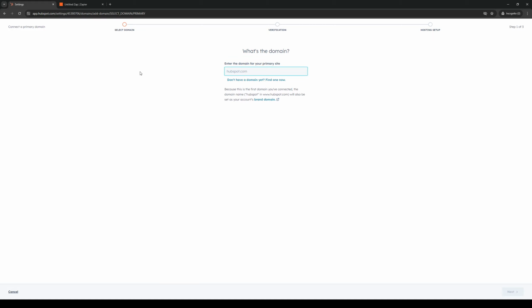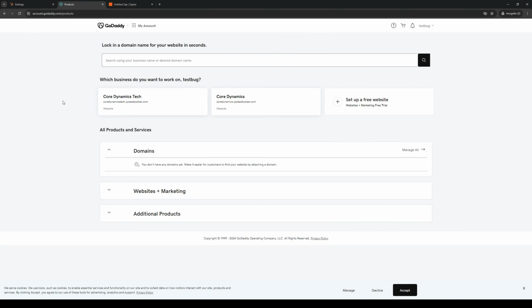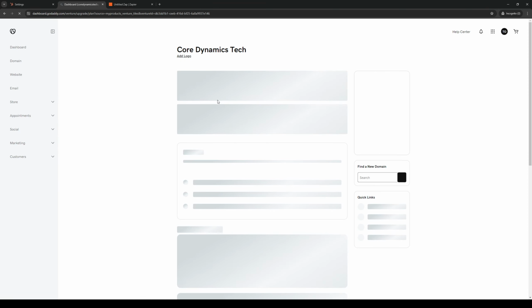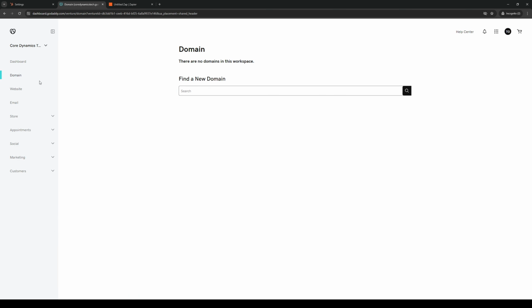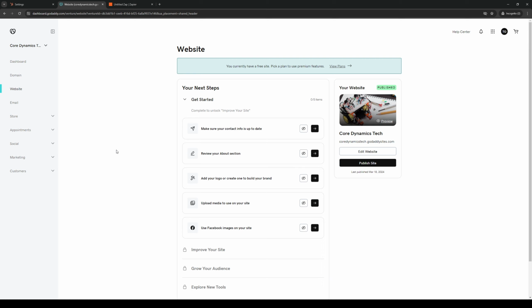Now I'm actually going to go open GoDaddy here in a sec. So here's my GoDaddy account, and if I were to connect my domain, I'd click on this. This is actually one of my websites. Now I think this will actually take me to the site builder, but let's see. Okay, so here we are. And from here, you'd want to select the domains tab. So it's this one right here. Actually, this is a website, so we're going to click on the website tab and copy this